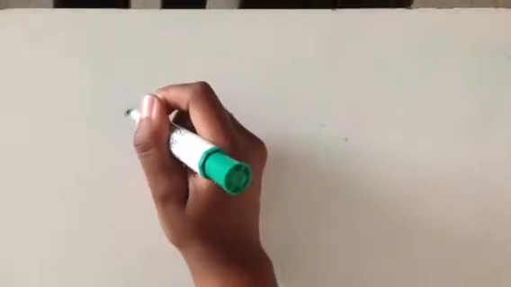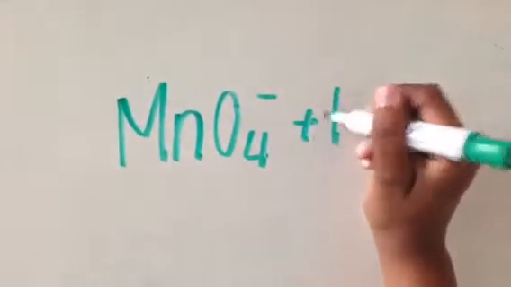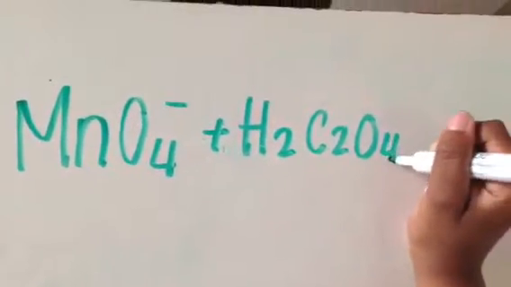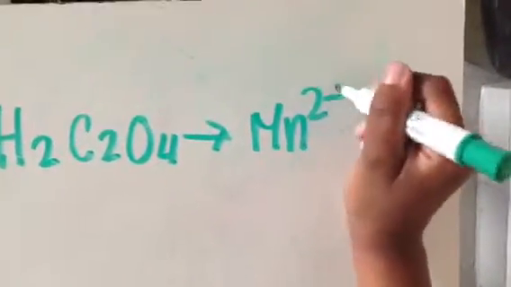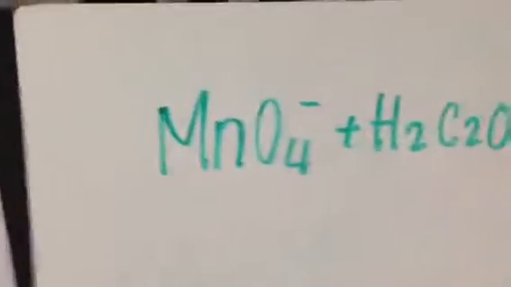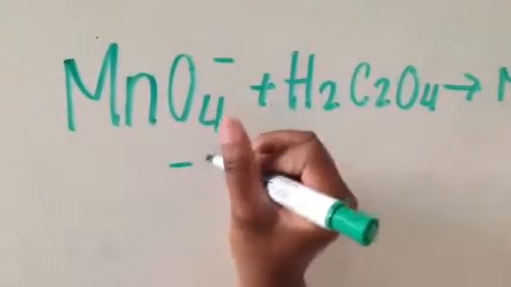So for part B of determination of the concentration of oxalic acid, balance the following equation for the reaction. And the reaction is MnO4 minus plus H2C2O4 going to Mn2 plus CO2. So this is a redox equation, and to balance this, we know that O has a -2 charge, and